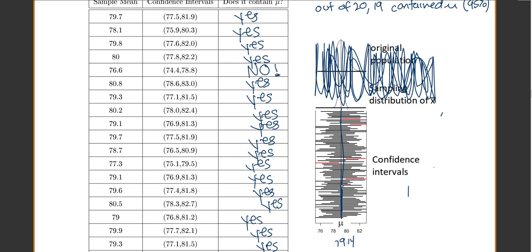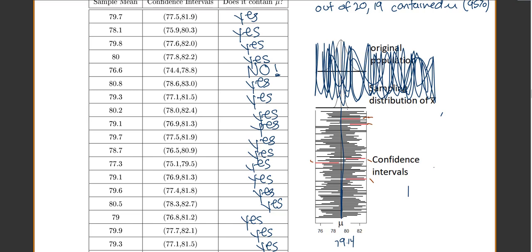And then you can see each black line represents a confidence interval. Each of the black lines is a confidence interval that contains our population mean mu. Notice our black lines are shifting quite a bit because each confidence interval from each different sample is quite a bit different. So some are over to the left more, some are to the right more. Every once in a while, you happen to get one, like here, here, here, here, and here. The red lines were shifted so far over that they actually missed our population mean mu.